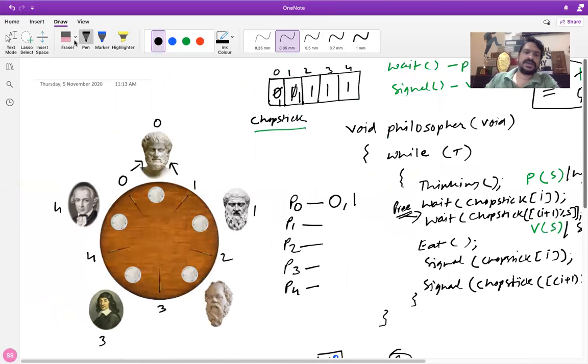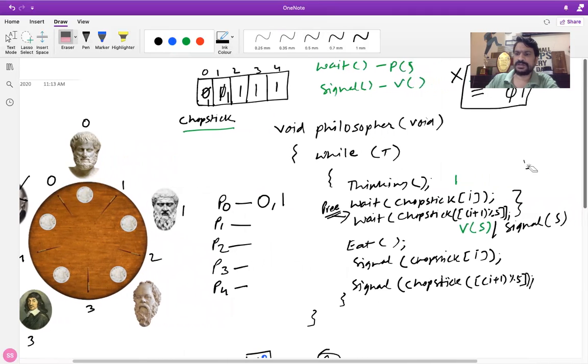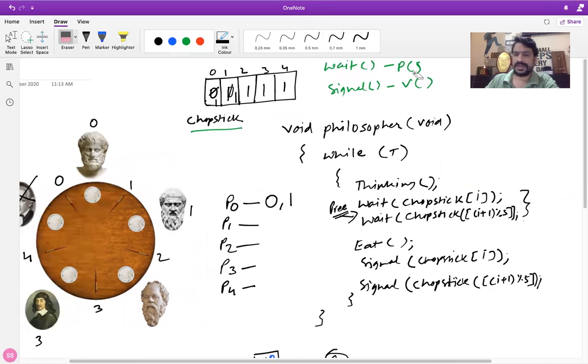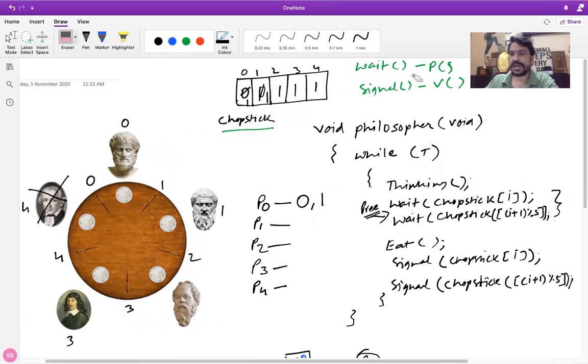The first solution is, can we allow only 4 philosophers at a time? 0, 1, 2, 3. We will not allow the last philosopher. अगर हम लोग अलाउ नहीं करते तो क्या होगा? मान लो ये सॉल्यूशन है ही नहीं हमारे पास, कौन सा? एडिशनल सेमाफोर का सॉल्यूशन नहीं है, तो हम लोग क्या सॉल्यूशन दे सकते हैं? We can give a solution where we assume that at a time only 4 philosophers are active, and in that case what will happen is, let's say